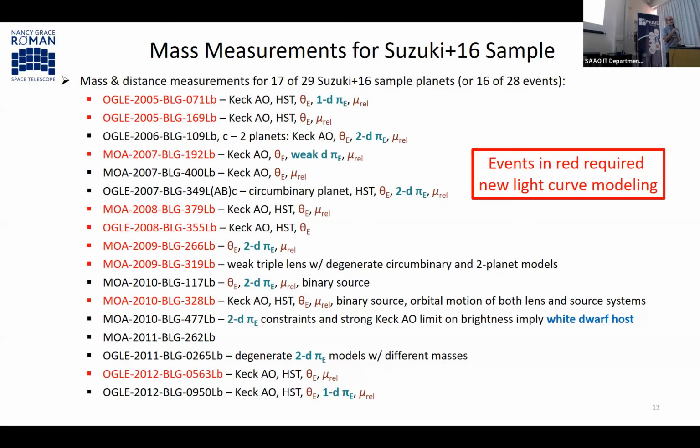And one of the reasons for that is that when events are being discovered, and typically the sort of higher order effects having to do with maybe a companion to the host star or orbital motion of the planet, they're usually not included in the modeling if